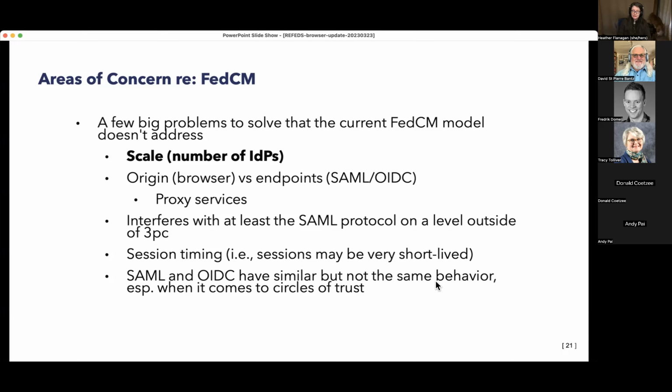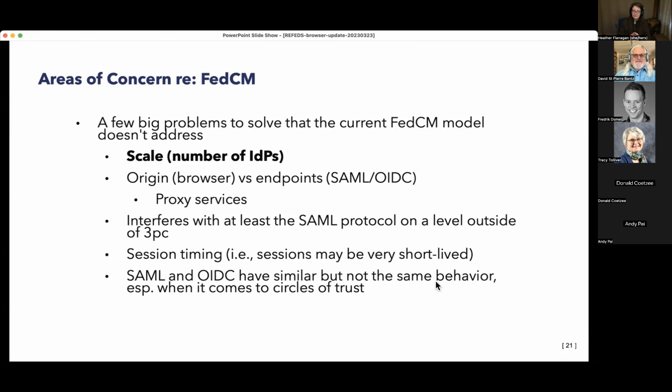And there's a couple other things, and at this point it's like, okay, you've named enough big problems. Do we need more? Well, yes, we do actually need to identify all the major problems as things to address. Another one is a question of session timing. If the browser maintains any kind of information on, yes, this user has logged into this IDP, and therefore that relationship between the service provider they're coming from and the IDP should be trusted. Well, yes, but that the user has logged in may be a 15-minute session, maybe an 8-hour session, maybe a 24-hour session. Don't know, but the timing cannot be counted on, and it is set in this weird combination of what the IDP says and what the SP says. So the browser would never even know, and